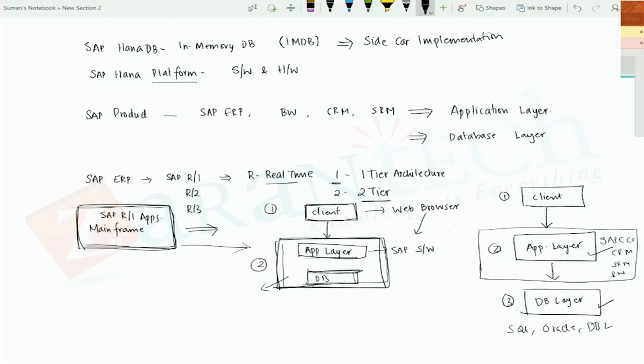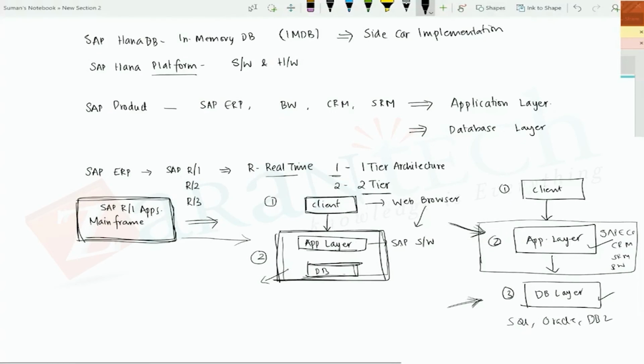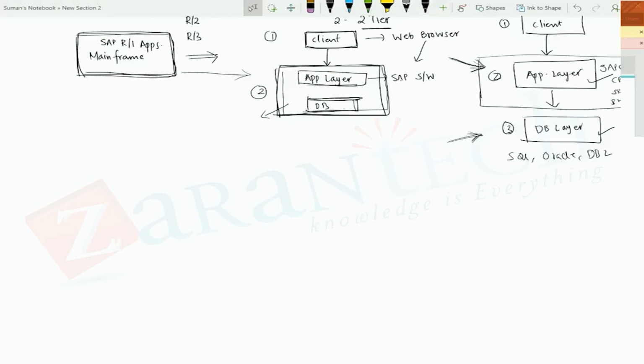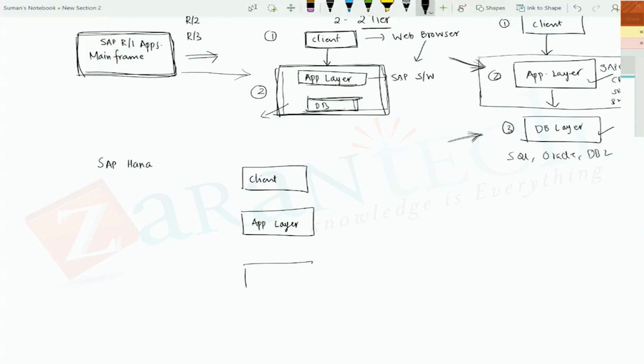So the reason why I brought up this information is, the moment we say SAP product, it always used to focus on this application layer. And when we talk about database, it always focused on the third layer of the architecture, which is its separate database layer. So when SAP HANA was brought into the market, in the three-tier architecture, which is your client, your application layer, and your database layer,